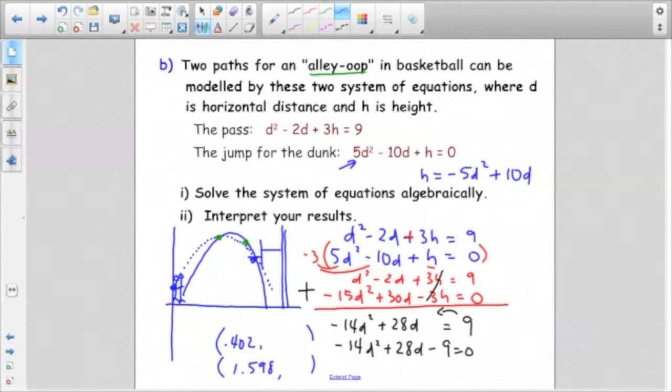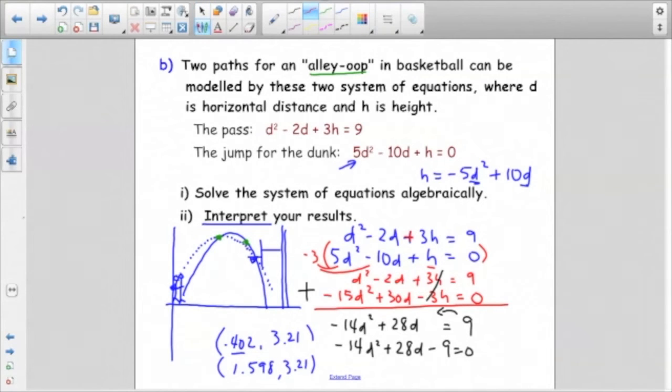So taking these points right here, substituting this into that d, and out plops 3.21 and the same thing there. Okay, so now what does that mean? Interpret. Well, it means that,